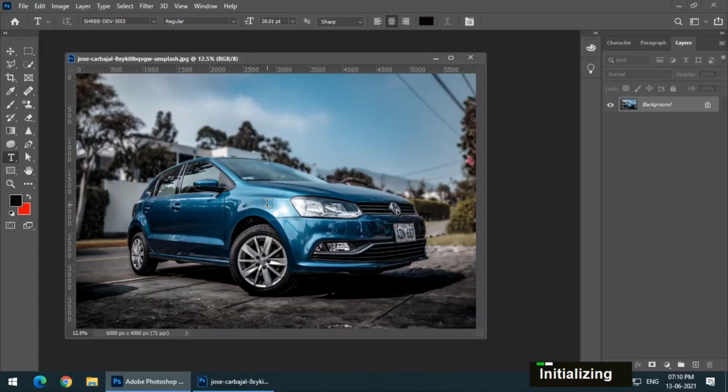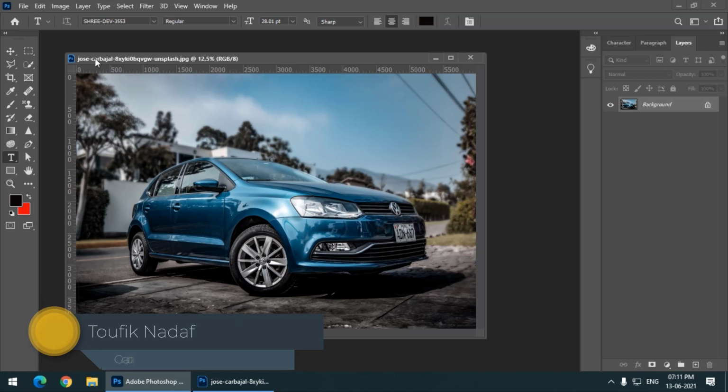So in this video we are going to continue with our Photoshop classes and we are going to see the curve option, or the curve tool, in this particular video. But before that I want to explain to you some of the points which will be helpful to you to understand this particular option much better.